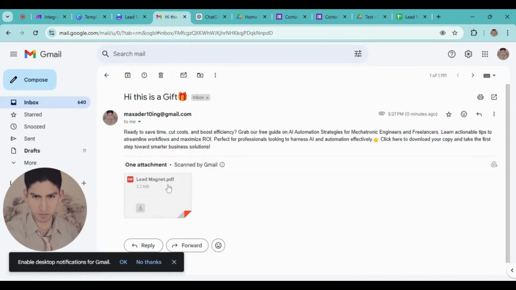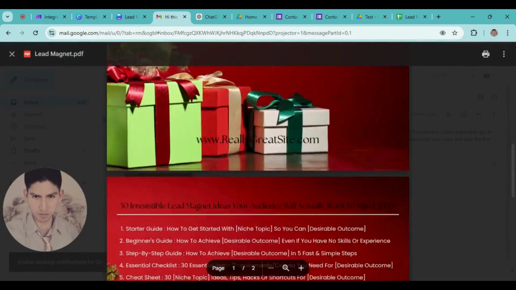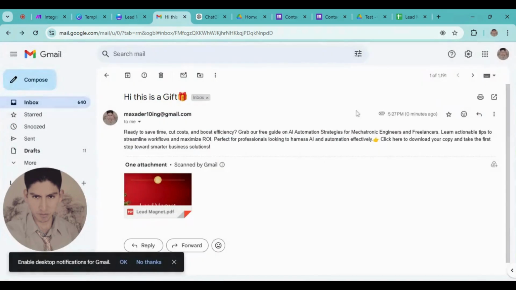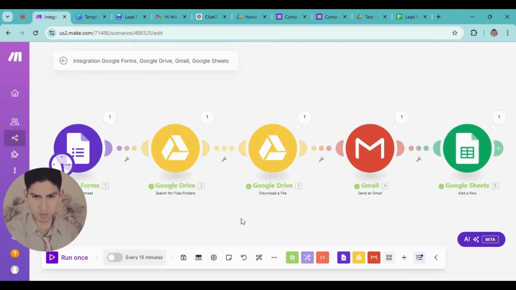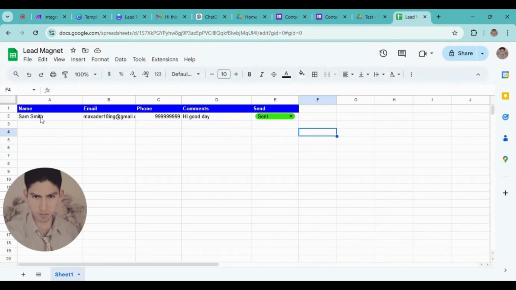Alright, I have the text here, and this is the lead magnet. Perfect. Well, now I'm gonna go and see my database. And here we have the name, the email, the phone, the comments, and it was sent. Okay,